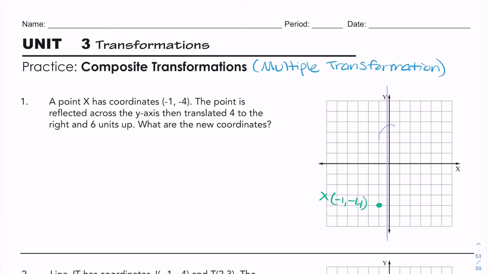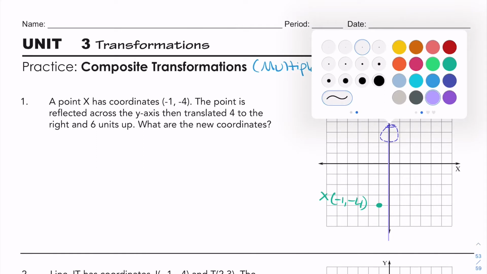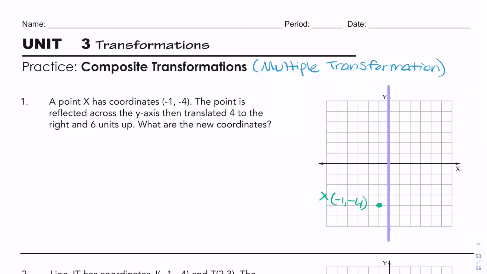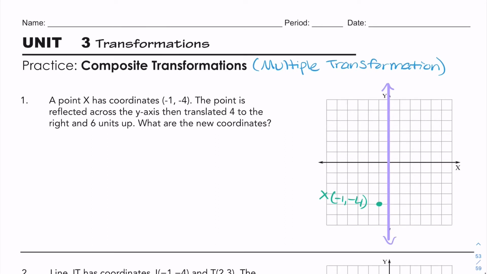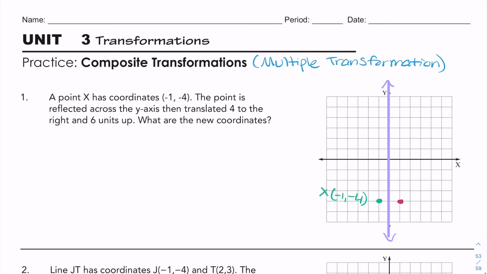It's my line of reflection. The point is reflected across the y-axis, so that will put the point at X prime, which is 1, -4, because my x changed when I flipped it across the line x equals 0,